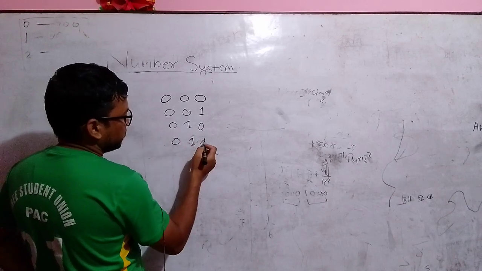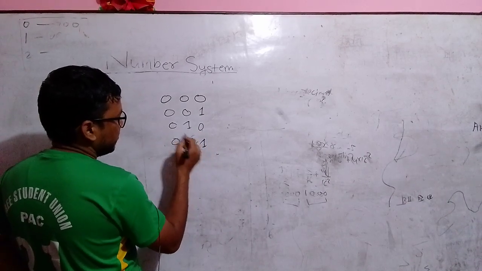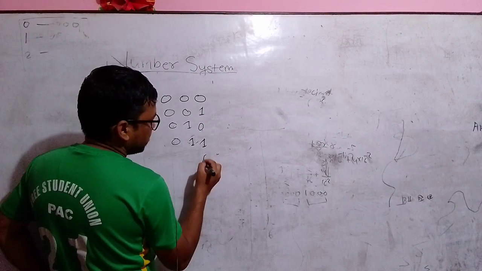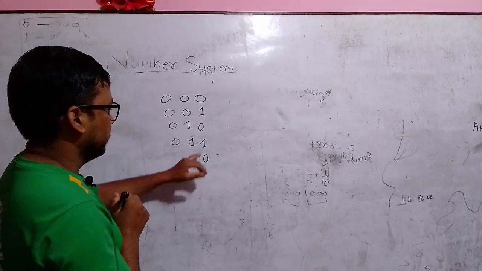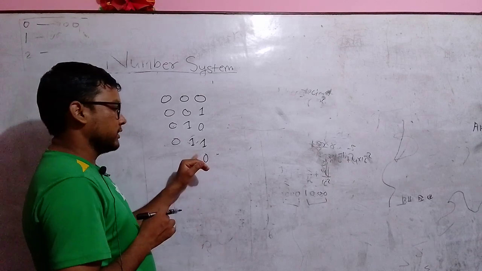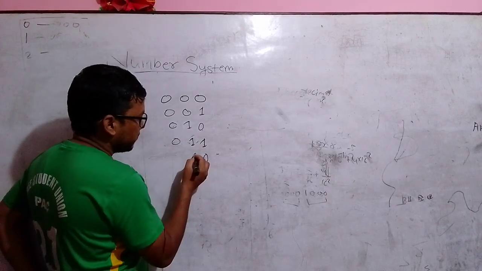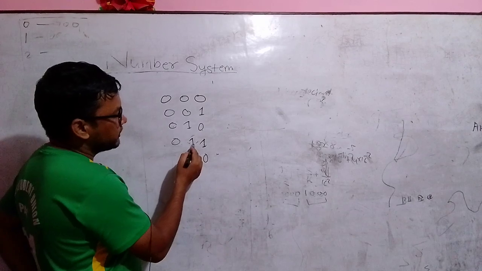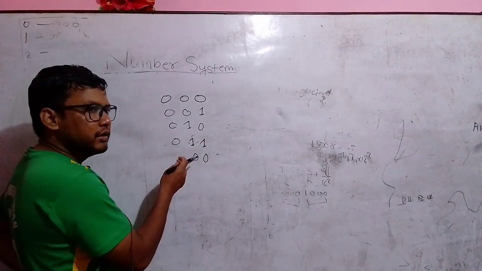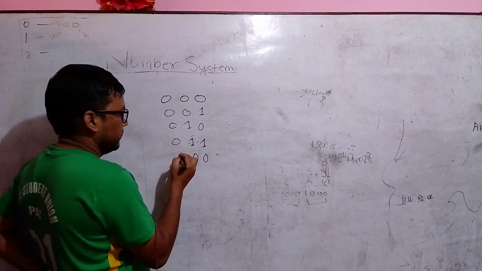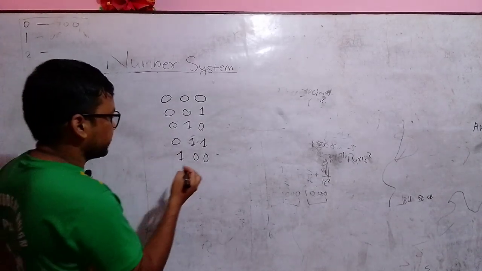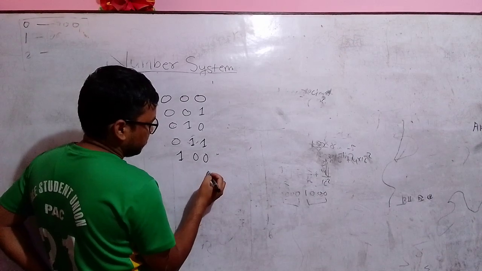Same. 0 changes into 1, that means 1 came here, 0 came here. Now 1 is converted into 0 in the next table. 1 is converted into 0, then we need to change the nearest digit. That means 1 is again converted into 0, then 1 is converted into 0. That means the nearest left hand side digit will change. It becomes 1. In the next step, there is a 0.